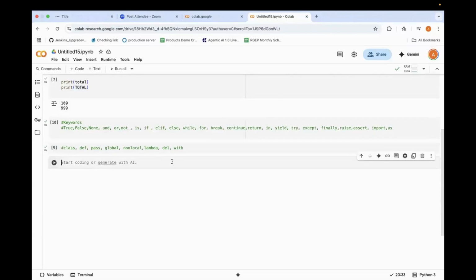Now, these words: True, False, None, and, or, not. When I was using if, you can see the color is purple. Because if I put if equals 20, it gives me an error telling me that boss, if is already a keyword, and you can't assign anything other than what it is actually meant for. Remember this, because tomorrow if someone asks in an interview, can we use if as an identifier, you should say no, that is a keyword.